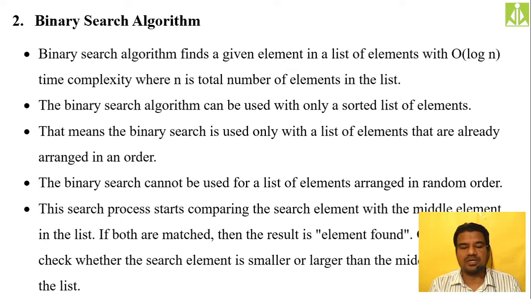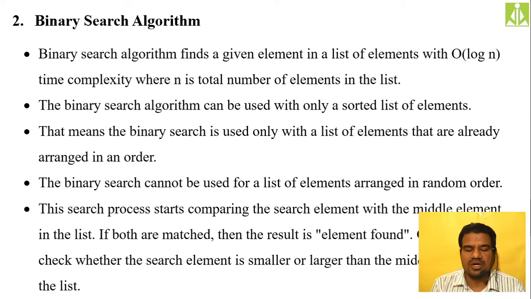The time complexity over here, in the previous case, the time complexity was order of n. But over here, in every iteration, or in every mismatch, we are subdividing the complete list into two, omitting one half and selecting the other half to continue with the searching. In that way, we are reducing the time complexity from order of n to order of log n.